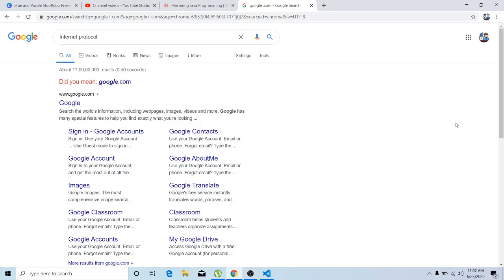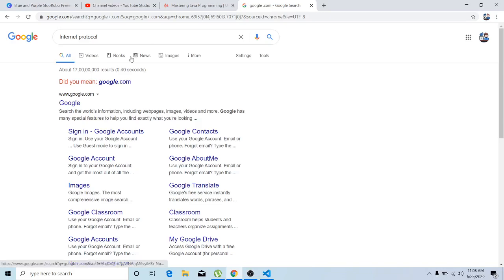Now suppose you are connecting to the internet, and anybody in the world who is connected to the internet wants to identify your system. Then you have another IP address called a public IP. If I want to connect to the google.com server, that computer system will have a public IP using which anybody will be able to identify that particular server. So I find that public IP and connect using it.